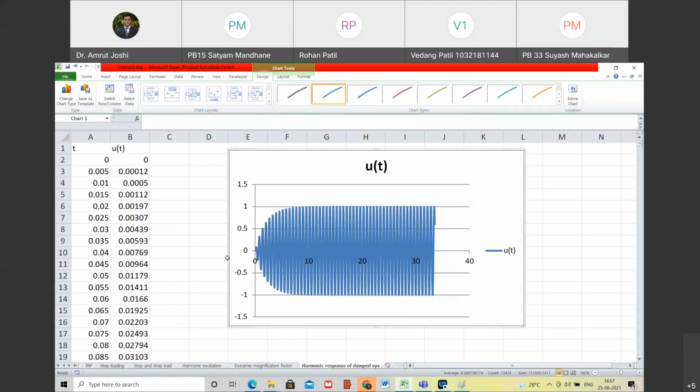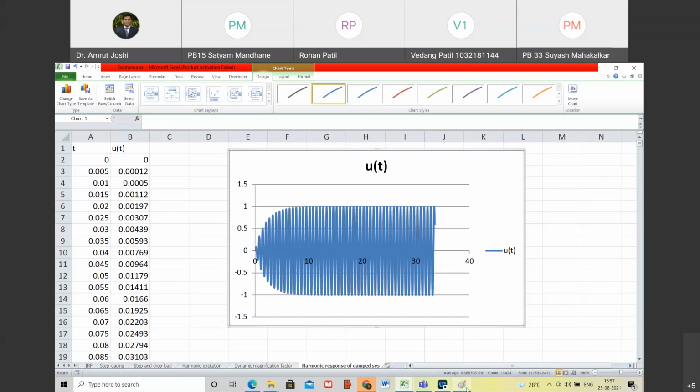You can imagine that the static deformation is only 0.1. As against that, the dynamic deformation at resonance becomes 1. So it is very high. It is 10 times. That's okay. But the response is bounded. So damping gives you the guarantee that even at resonance, the response is not going to be unbounded. It is not going to tend to infinity. It is going to stabilize at some value which is much greater than static deformation. Are you with me? Yes, sir.